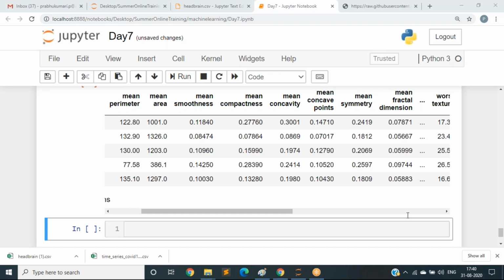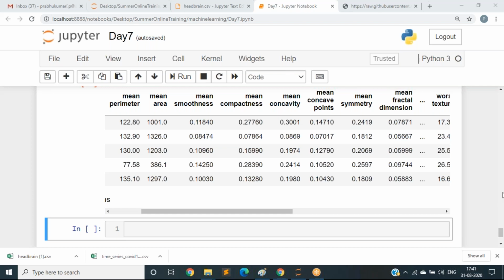Kirti, what are the features you have taken? Have you taken all the features or only some selected features? All features, ma'am. Okay. Ma'am, I got 92 for the random forest classifier. For KNN, you got 97, I think. Yes, ma'am.